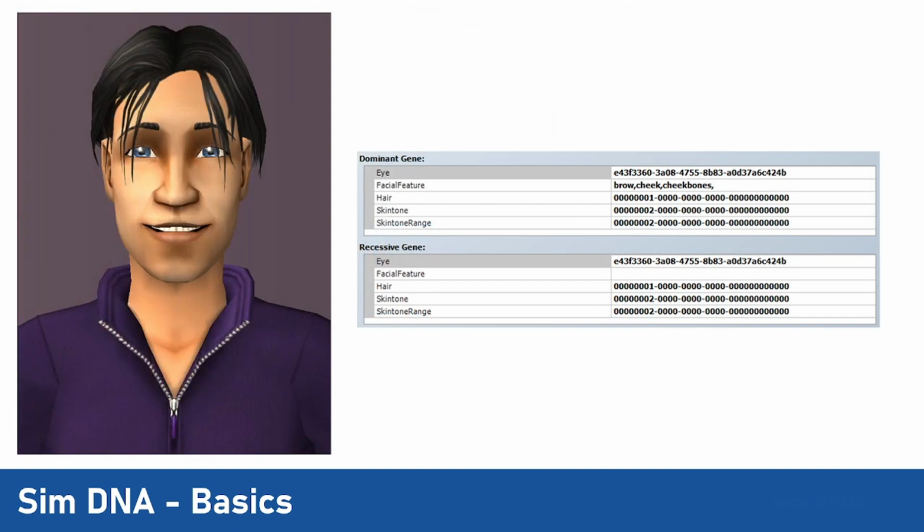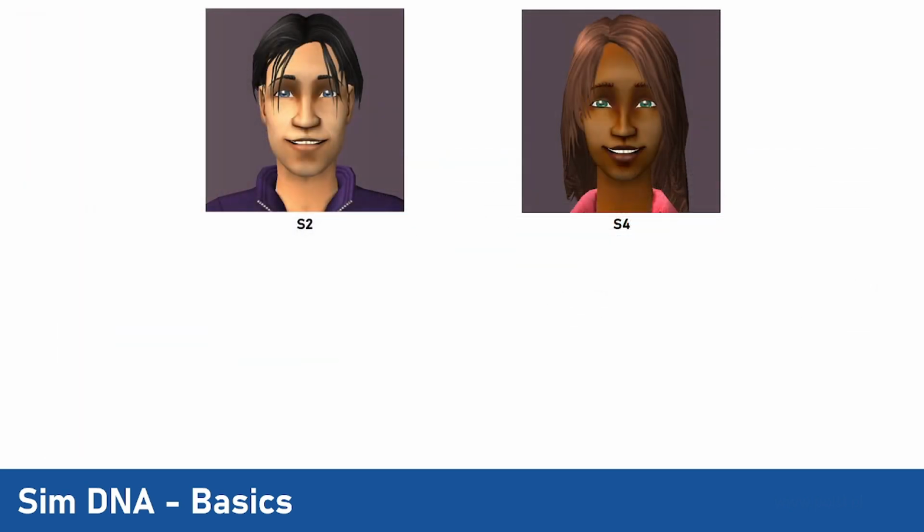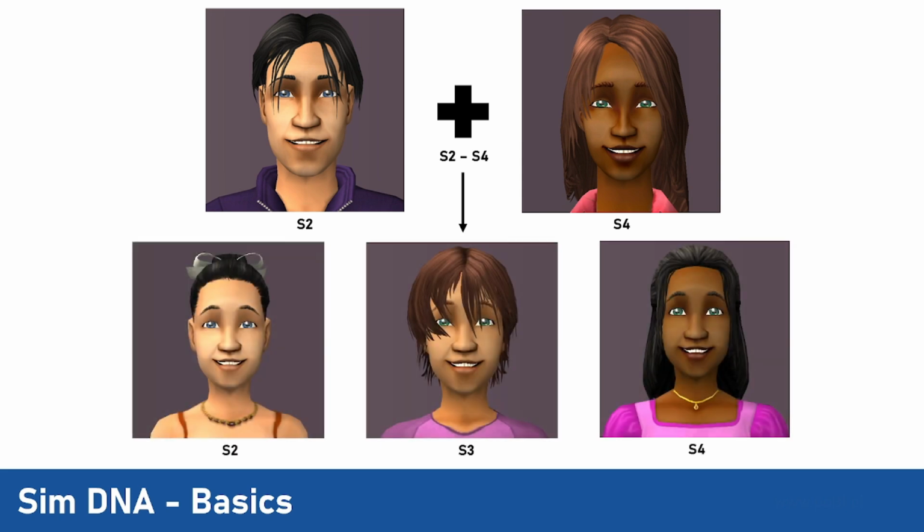Skin tones work differently to the other genes. Each sim has a skin tone ID that represents their complexion. They also have a skin tone range. This property is easily explained on an example. Let's take the previous Sims. When this pair of skin 2 and skin 4 has a baby, its skin tone range will be 2 to 4, and then its visible complexion will be randomly chosen from that range, meaning the baby might get tan, medium,